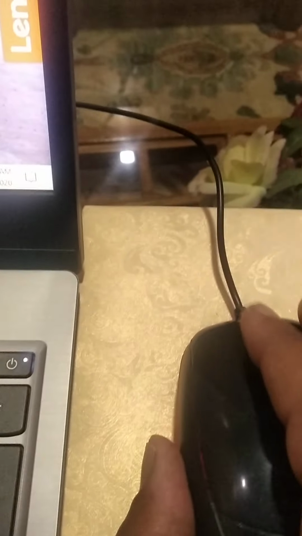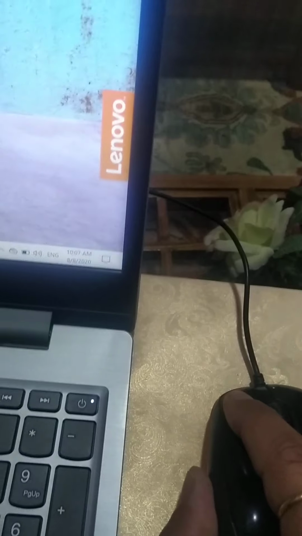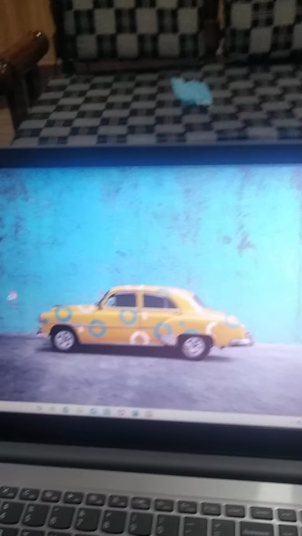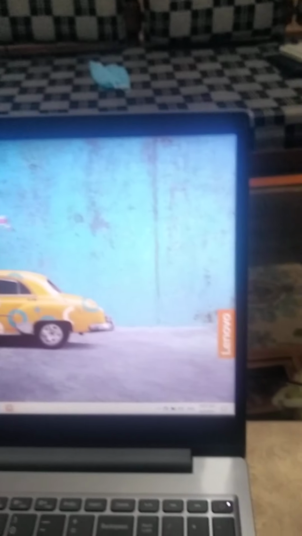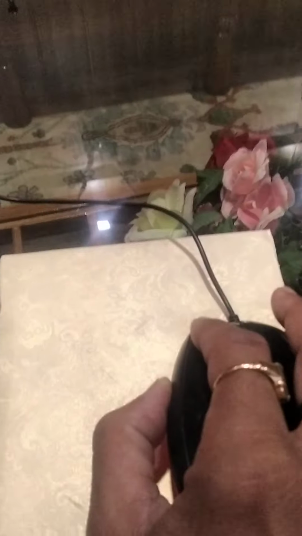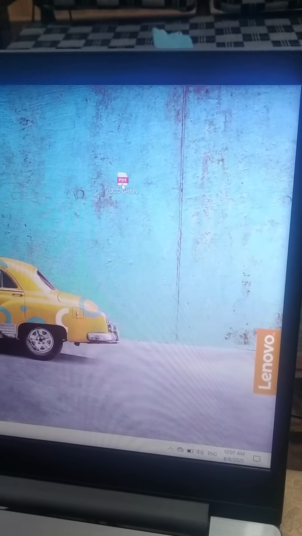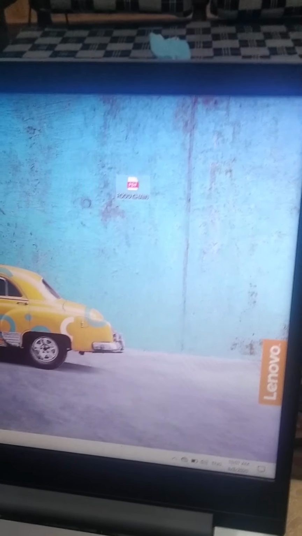So what I do, first bring my mouse pointer and then press the left button, and keep pressing it. Don't move your finger, and then you just drag it. Can you see? But don't release the button. Now see what happens if I release the finger. So this is called drag and drop.